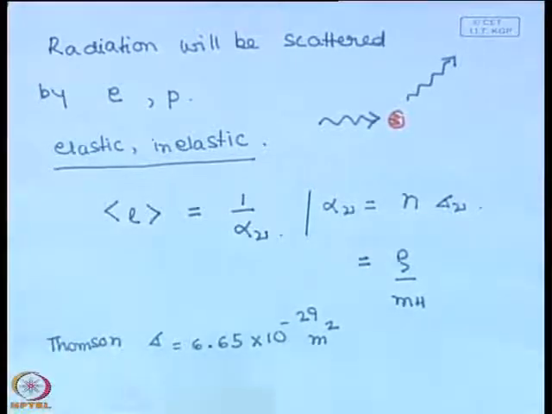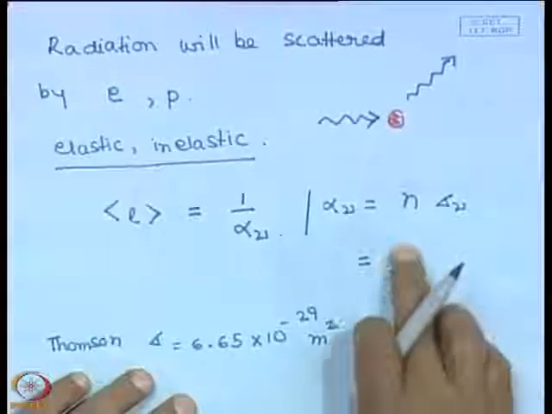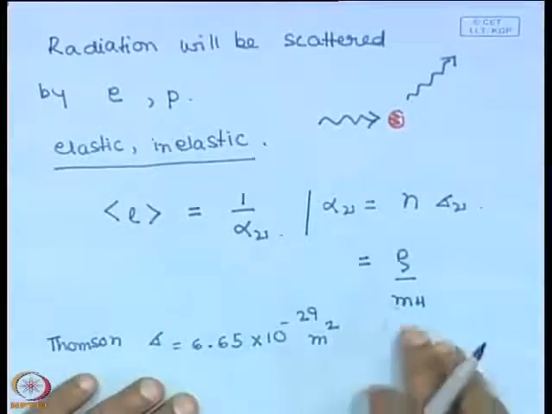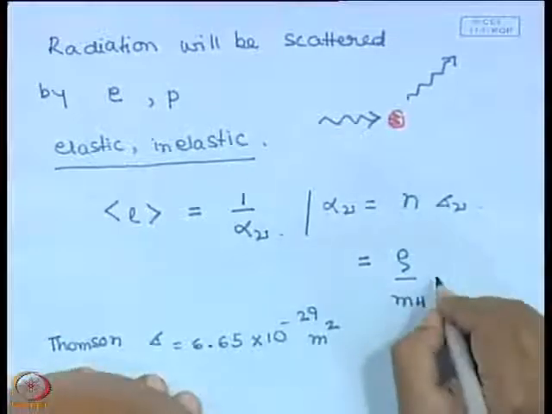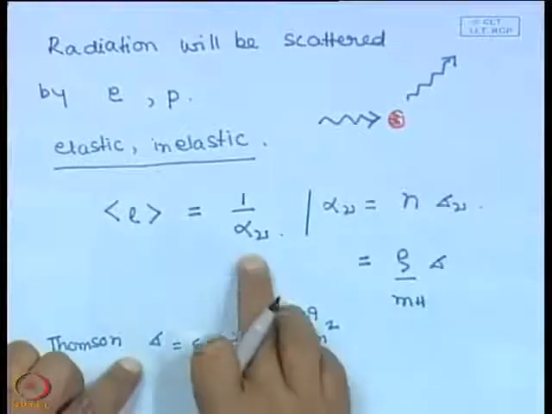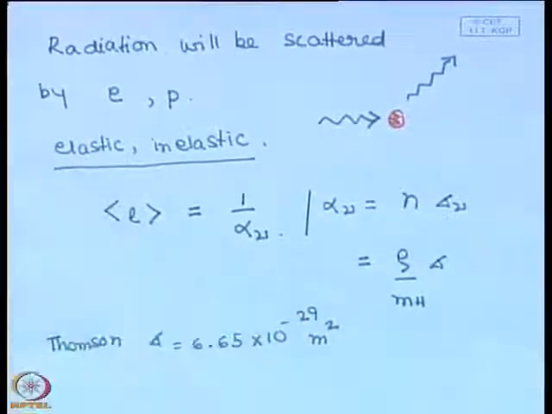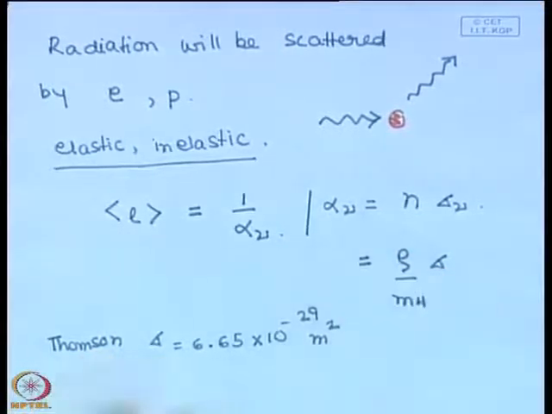So, the electrons inside the sun will scatter the radiation, and the number density of electrons is the same as the number density of hydrogen atoms, because it is all ionized, singly ionized. So, it is the density divided by the mass of hydrogen atom, times the value of sigma. This will give me the absorption coefficient, and 1 by this absorption coefficient will give me the mean free path. We have already estimated these numbers, so you put them in here, and